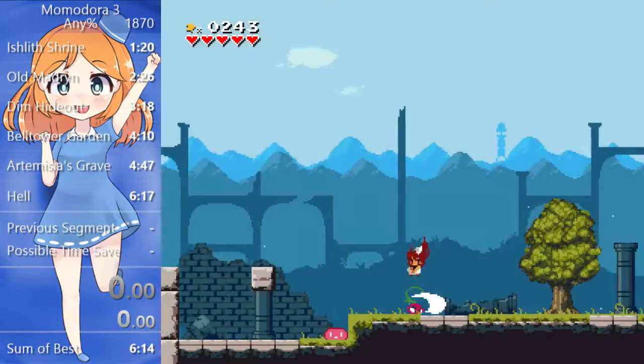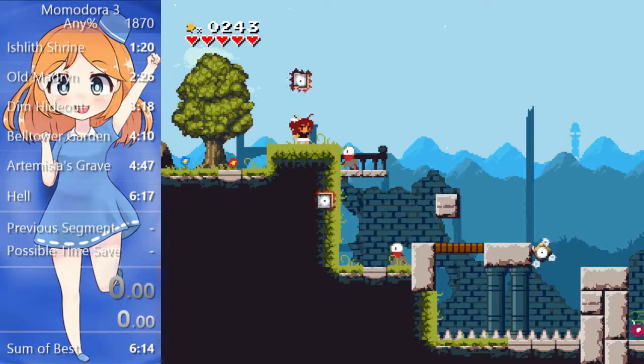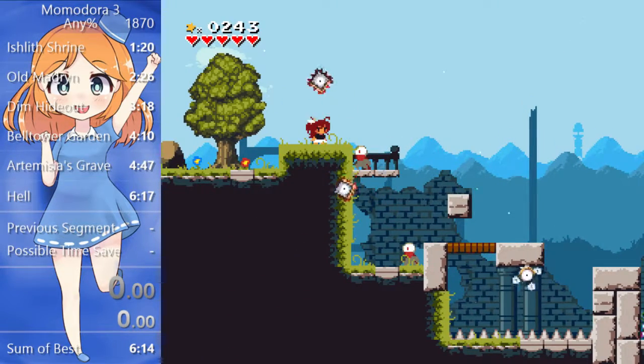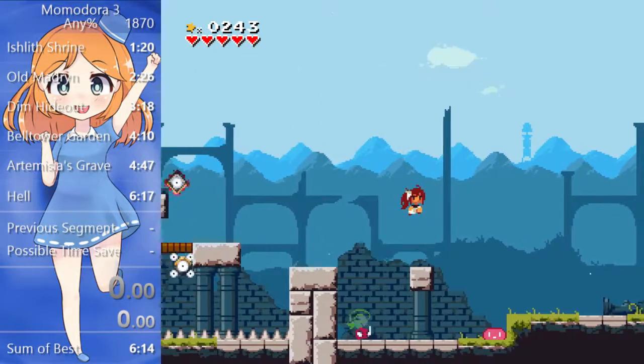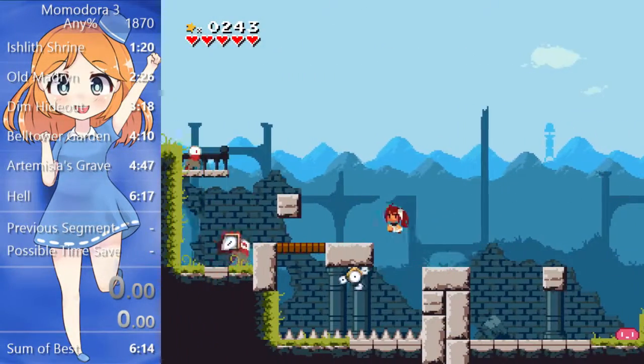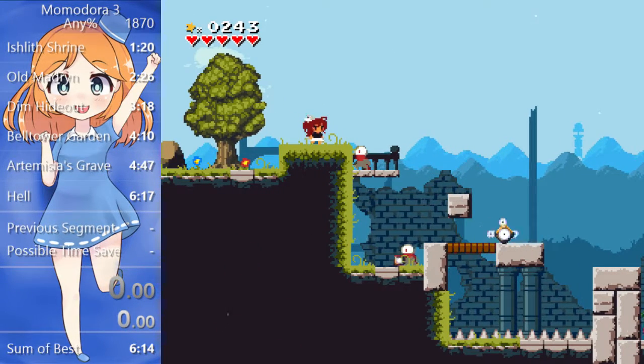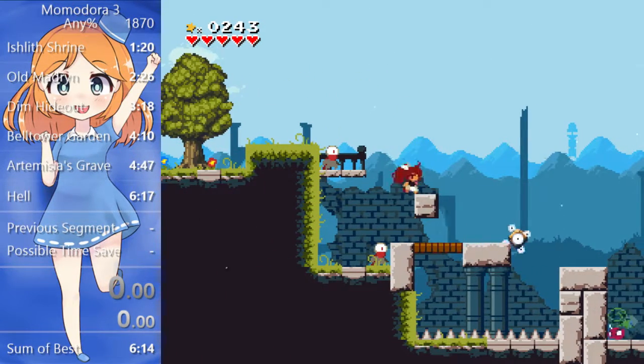You want to jump over this enemy, jump onto the block, wait here, jump over that block that this enemy throws, and then jump up here. That's the strat I use. I'll show one more time. That strat, I don't think it's hard, but it might be...